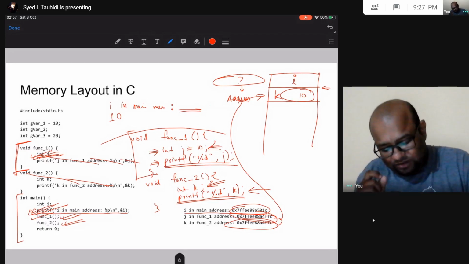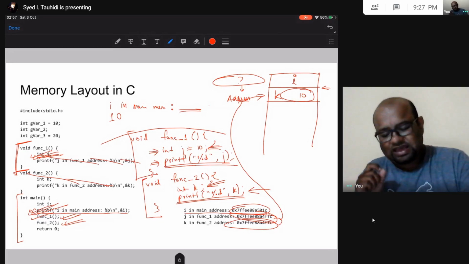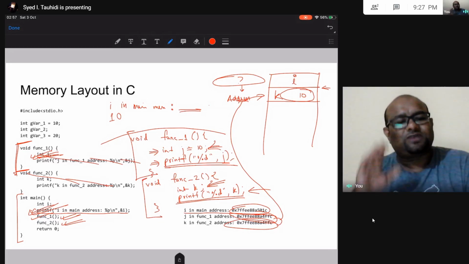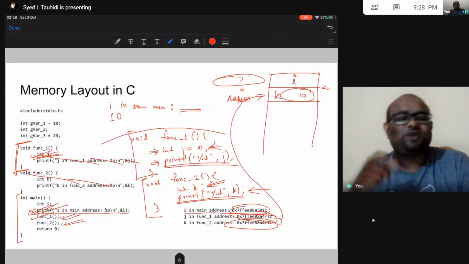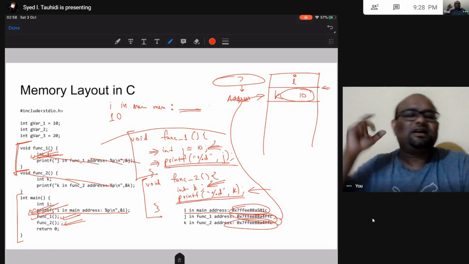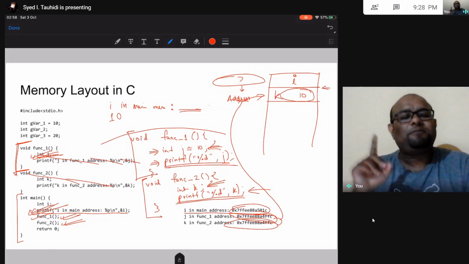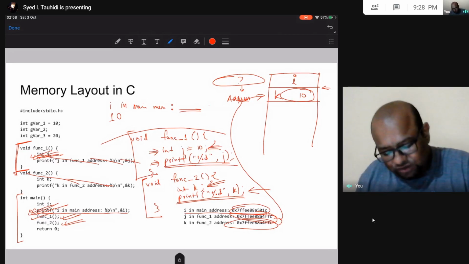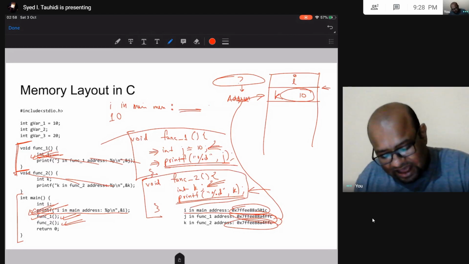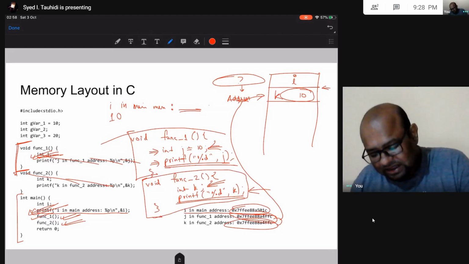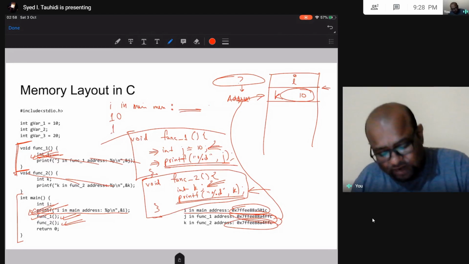So when I call function 2, this location that was allocated to j of function 1, that same location is allocated to k of function 2. Now what is in that location? In function 1 I had kept this value 10 in that location, right? So although it would seem that I am going to get a garbage value, in fact 10 is going to be printed when I execute this line.